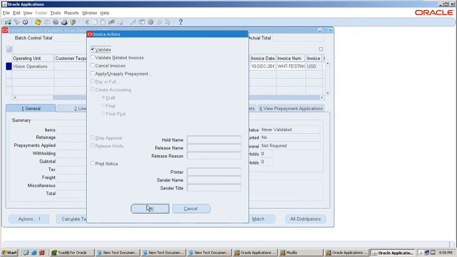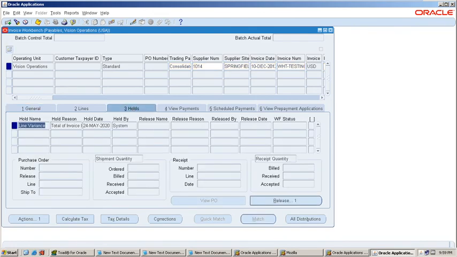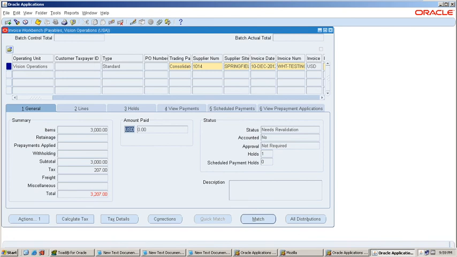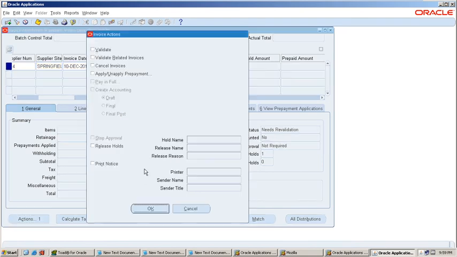See, if I click validate, then I can see one hold has been placed. What is the hold? Line variance. Actually, we have entered the line amount as 3000 and 207 has been generated as a tax. That's why the total amount does not match the invoice amount. Now see, actions, validate.